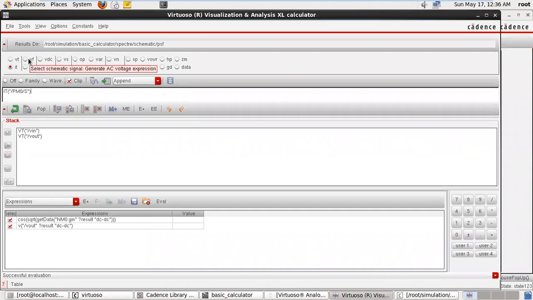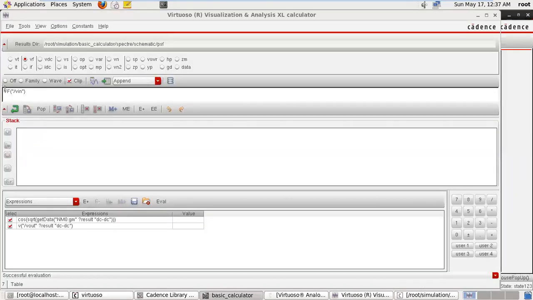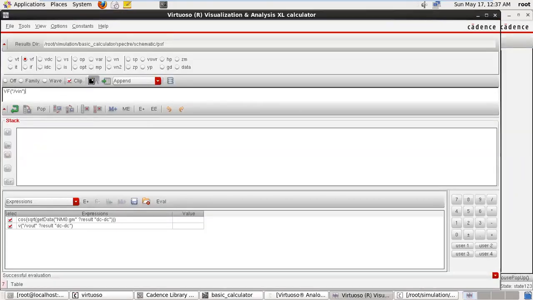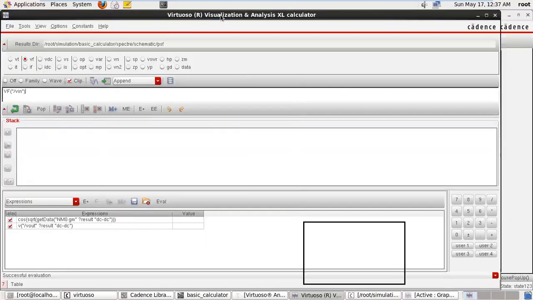And second, this is the AC analysis. This is for AC voltage and AC current. Now just clear our buffer. Suppose we are doing the AC. This is the input voltage, and the input voltage expression comes here. This is because we have taken the AC voltage magnitude as 1 volt. So this is at 1 volt, and throughout the frequency, its value remains 1. This is my input waveform.